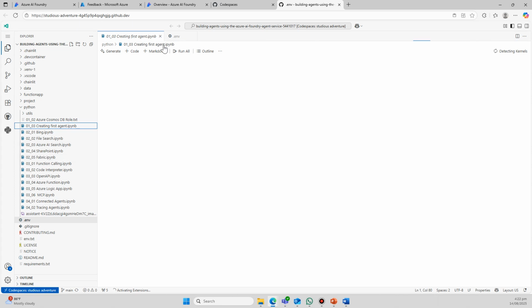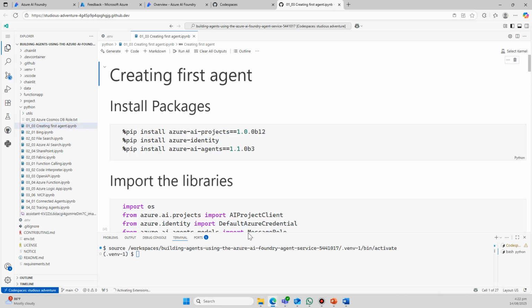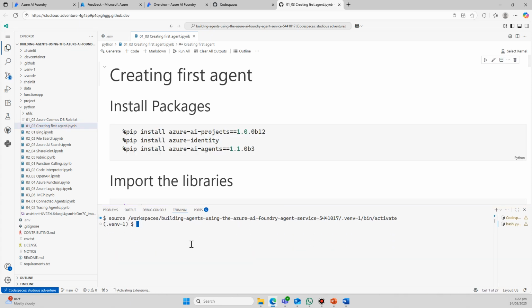Hold on a sec, it's loading quite a while. Let's open it again. Okay, so you need to go to the terminal and log in to Azure using an account. In this case, you'll click on AZ Login. I have the Azure command line interface already installed. If not, you need to install it in your environment, and then log in using AZ Login.